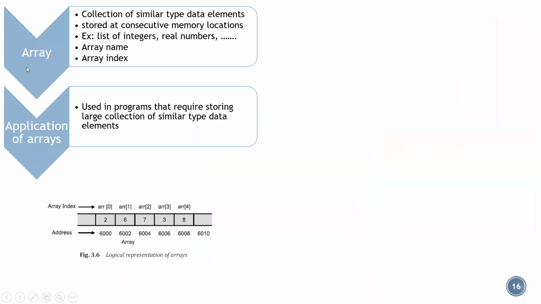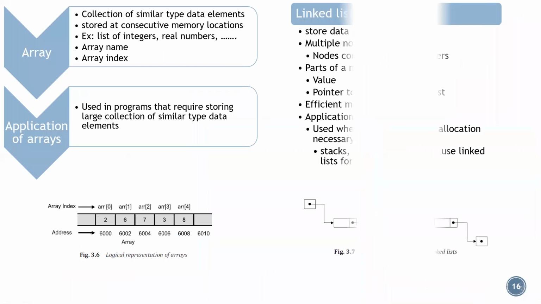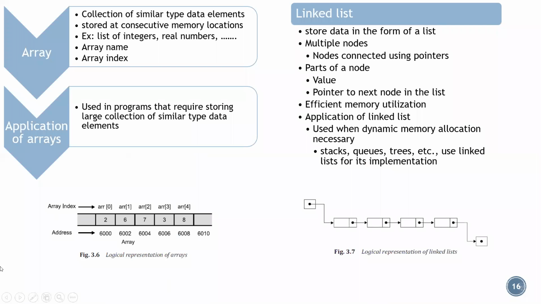So yesterday we discussed even regarding what is meant by an array. Then what all things are present with an array, like array name and index. So what can be done using these. Then we discussed regarding linked list. So yesterday also we discussed regarding what is meant by linked list. So just a recap of linked list.